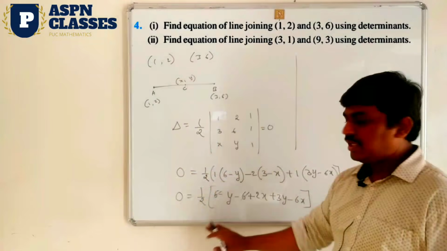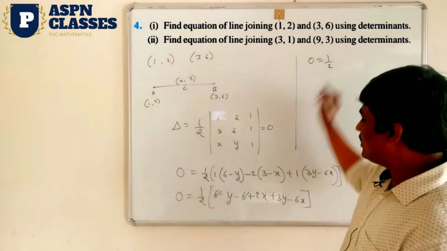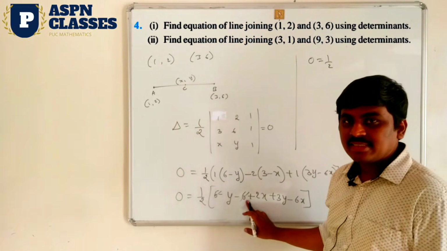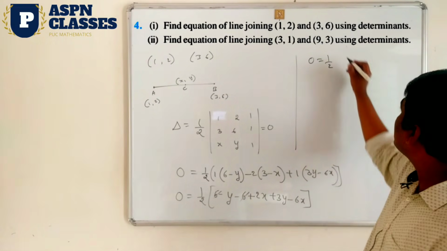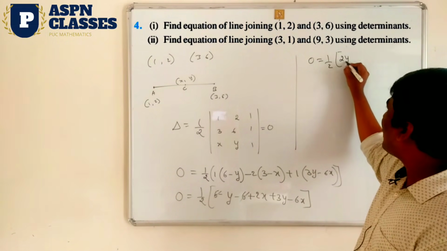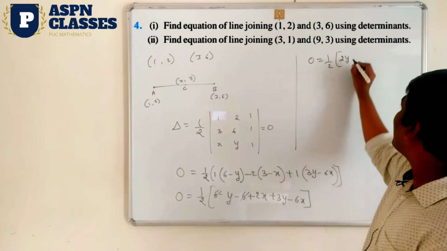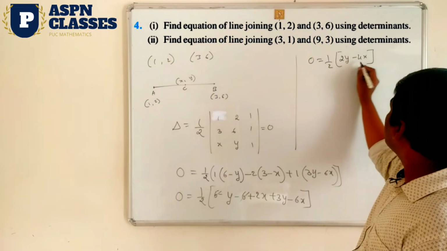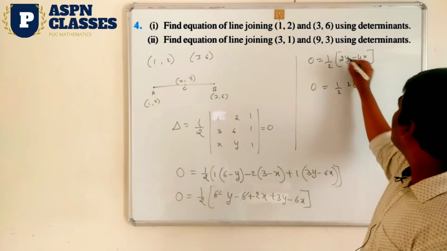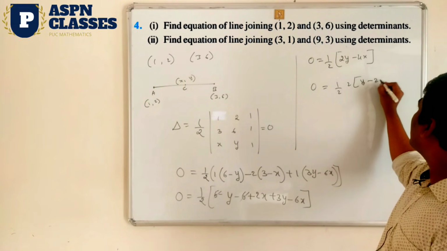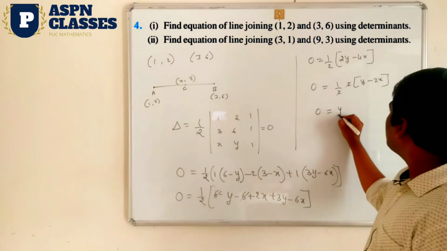So next step. Okay. So after that you take here 0 as it is, and 1 by 2 also write as it is. In this, plus 6 minus 6 get cancelled. Then what is remaining? Minus y and plus 3y. It means this result is plus 2y. Next plus 2x minus 6x. It means minus 4x. Here again I am taking 2 as a common factor. Okay, take 2 common factor in bracket. So 2 I am taking common. This is y minus 2x. Now this 2 gets cancelled. So finally what is remaining? y is equal to minus 2x.